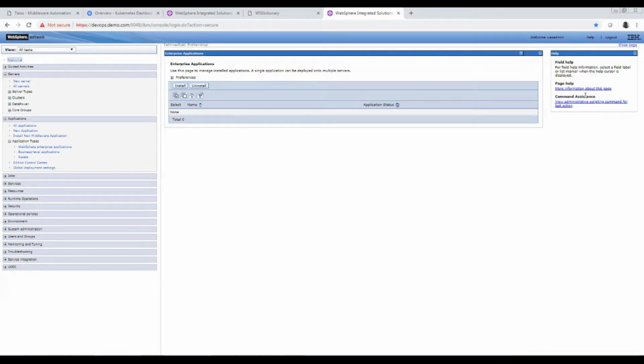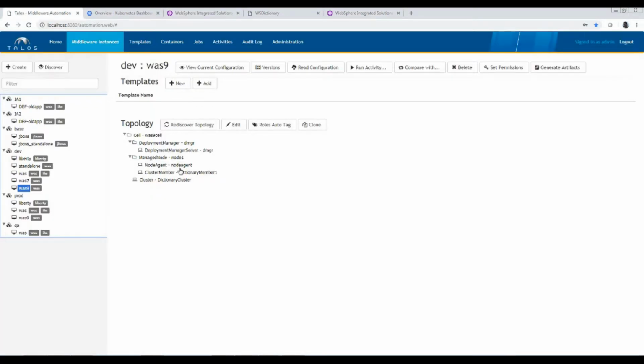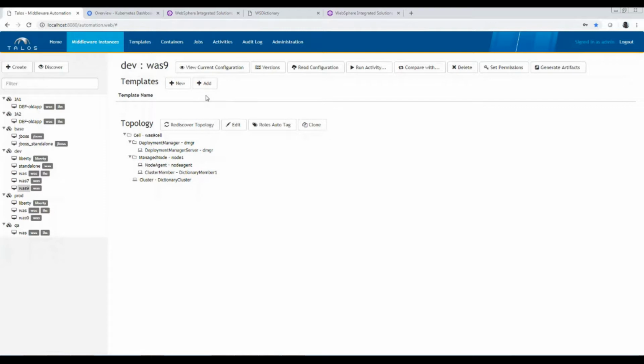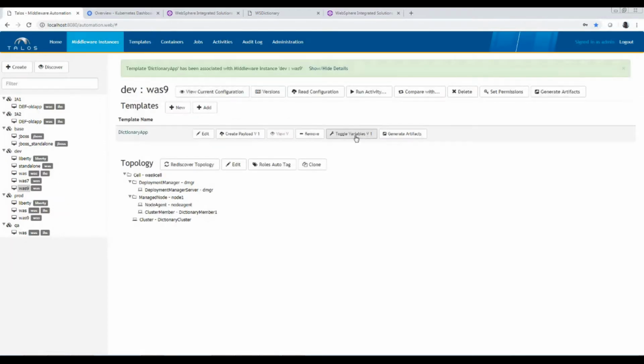So this is a WAS9 WebSphere cell, and the other one that I showed before is a WAS85. So in this example, I will show you not only how to move an application between environments, but also how to use Talos to migrate environments and to upgrade WebSphere Application Server environments. So I will add my dictionary app template,